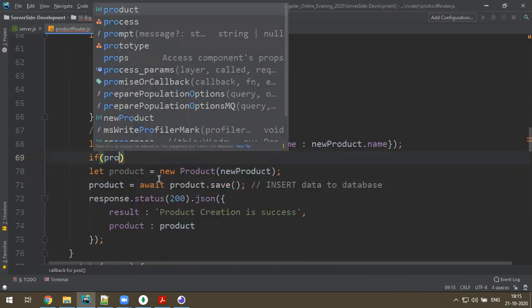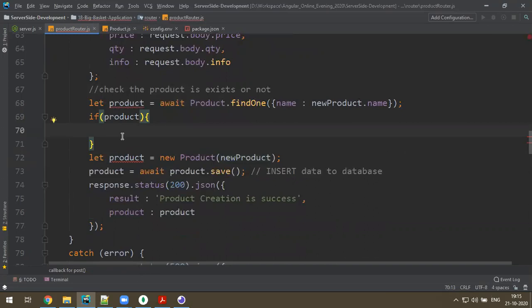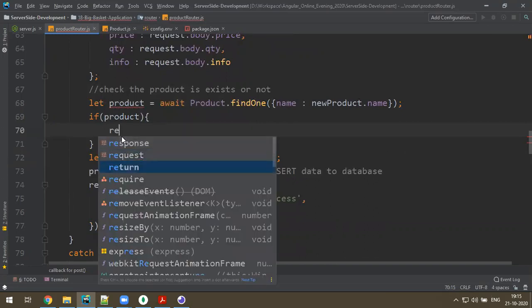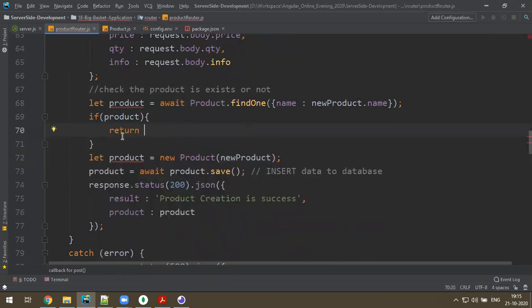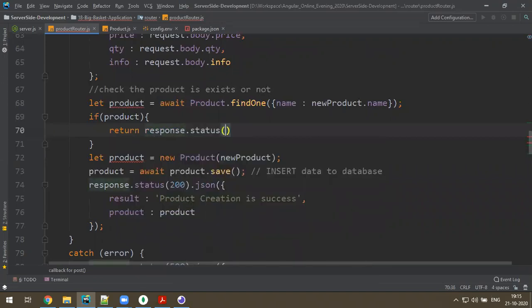If the product is available, I write a return statement. Why a return statement? To just come out from the function. Return what? Return response dot status, there is a 400 bad request dot json. So I say